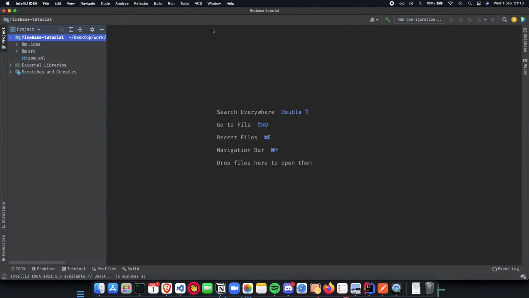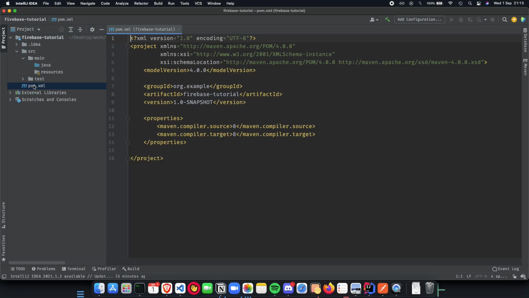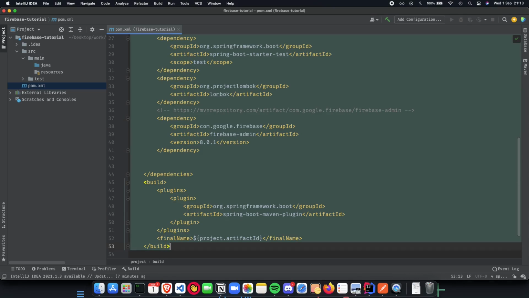So here, if you can see the screen, I have a very simple Maven project which has a pom.xml, nothing inside so far, just a pom.xml. So first let's fill this up and actually have something inside here which we can use. To do that, let me quickly get all the dependencies that we need, so that we can then talk about it and focus more of our time on how we actually set up Firebase on its side. So let me just get this done.